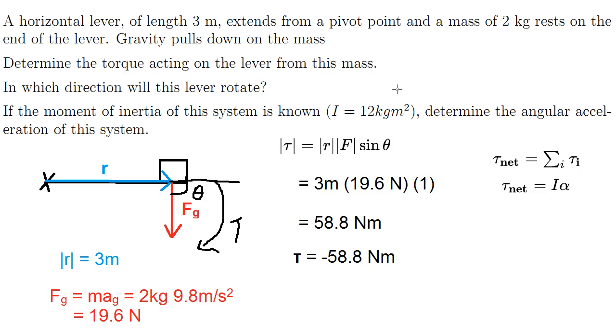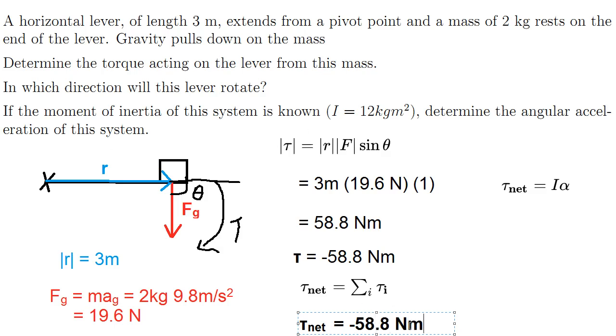In order for me to find the angular acceleration, I need the net torque. However, there is only one torque present here. There are no other forces here except for that created by the mass that is resting at the end. The reason you know this is if there were another force, I would have to provide you with additional masses, such as the mass of the lever. So here, my net torque just consists of adding all the different torques together. And because there's only one,